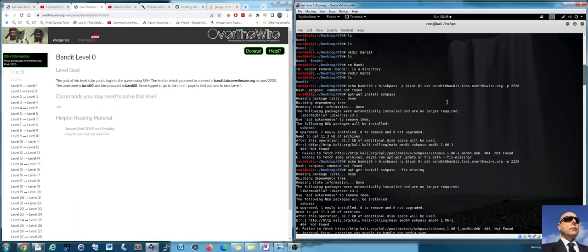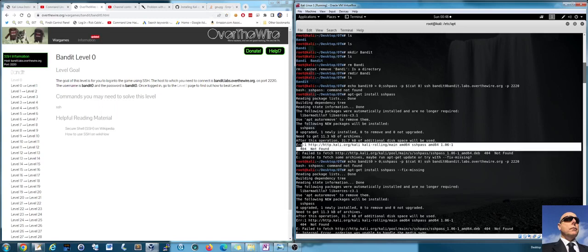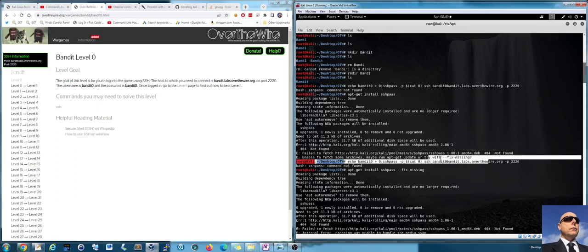And trying to connect to the server using SSH pass, and apparently it was not working because it's not installed. So I started to go through the process to install it, and I started getting errors right away. So I'm going to highlight the errors for you here as I started getting them. So it started with the error, and it would talk about this repository here, and then throw this error of not found. And then I had these two errors below here